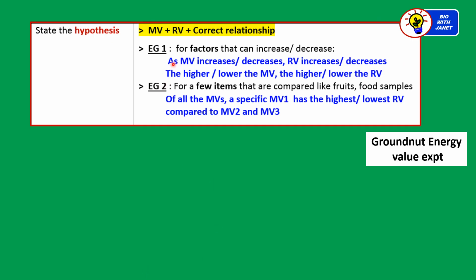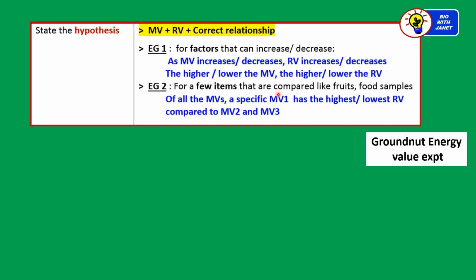Okay, something more about the hypothesis. Now we know that the hypothesis should have these three components: MV, RV, and correct relationship. So there are two formats that can be used. The first one is for factors that can increase or decrease, all right? Then we use this format: as MV increases or decreases, RV increases or decreases, or similarly, the higher or lower the MV, the higher or lower the RV, okay? So in this case, the value of MV can increase and decrease, and the value of RV can increase and